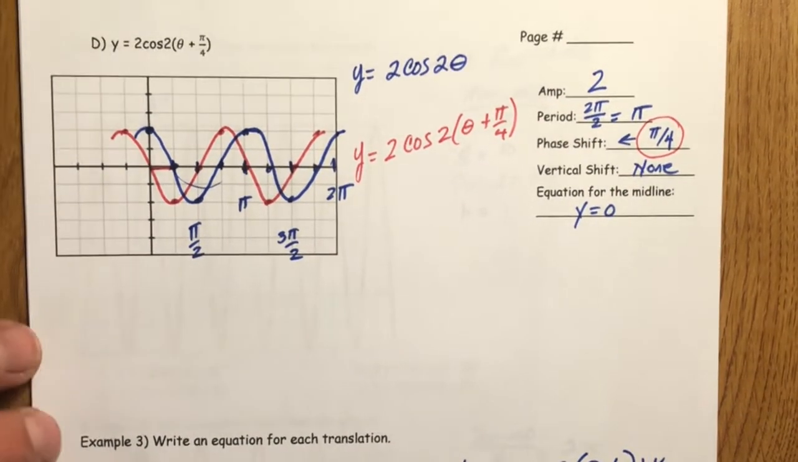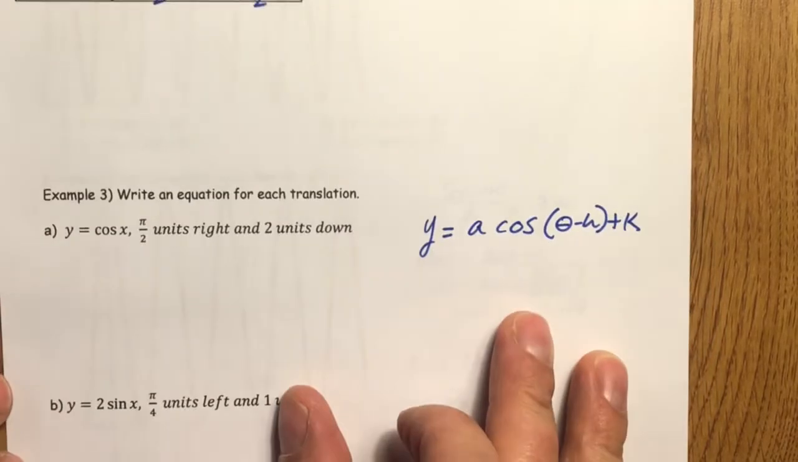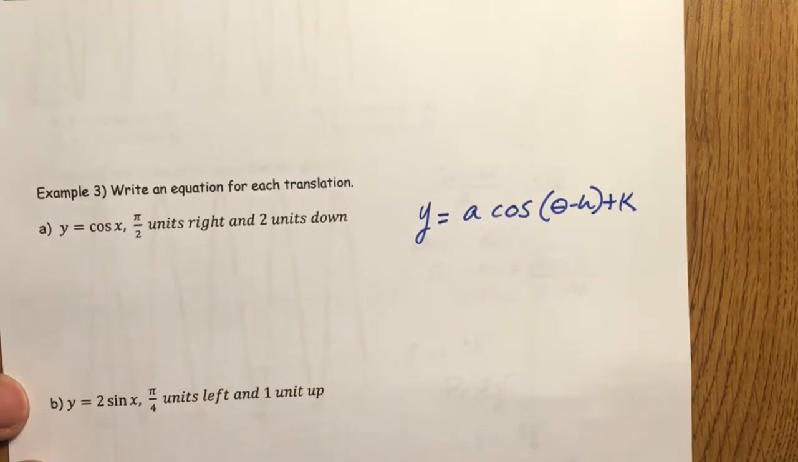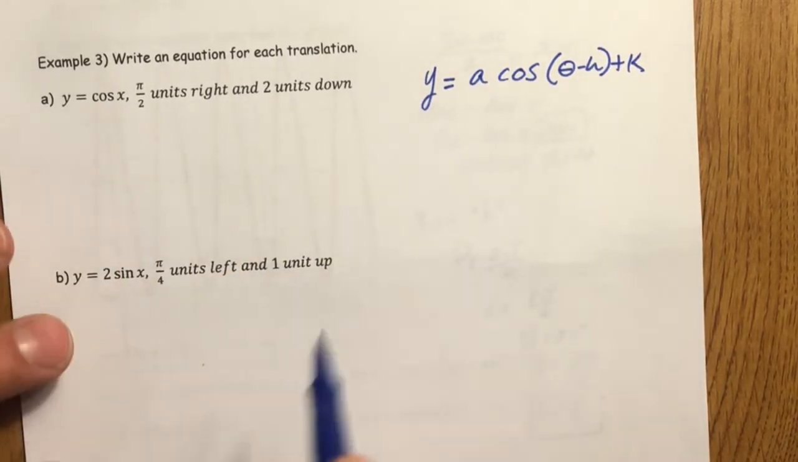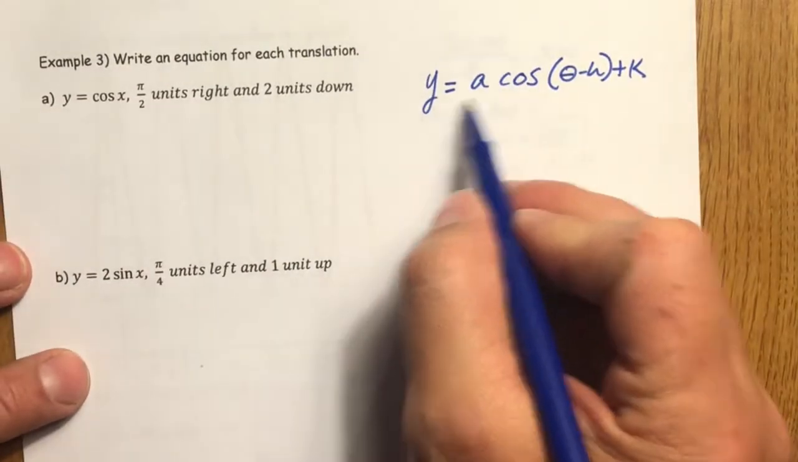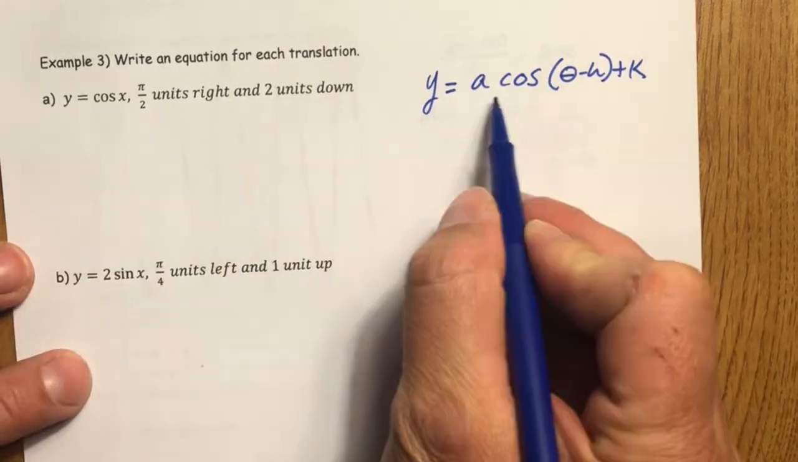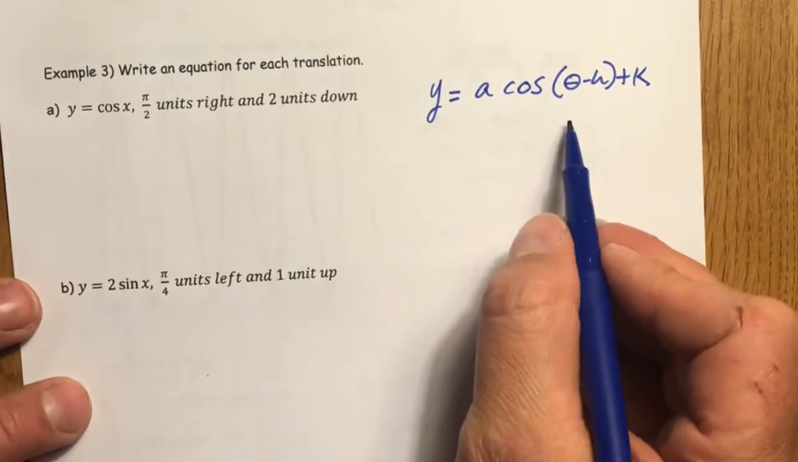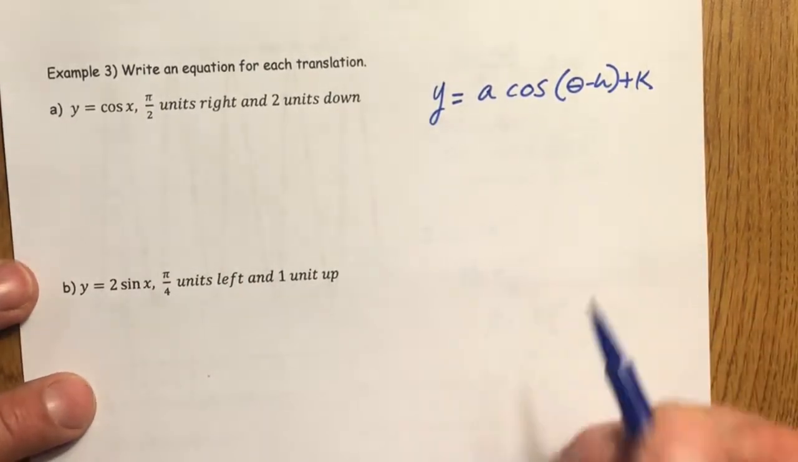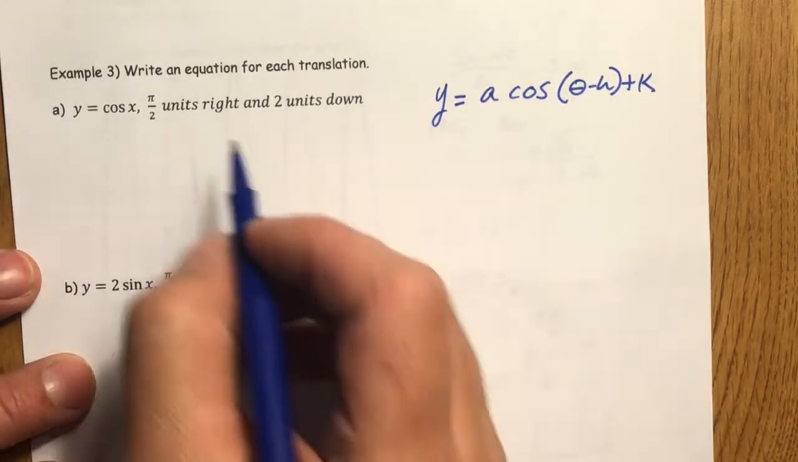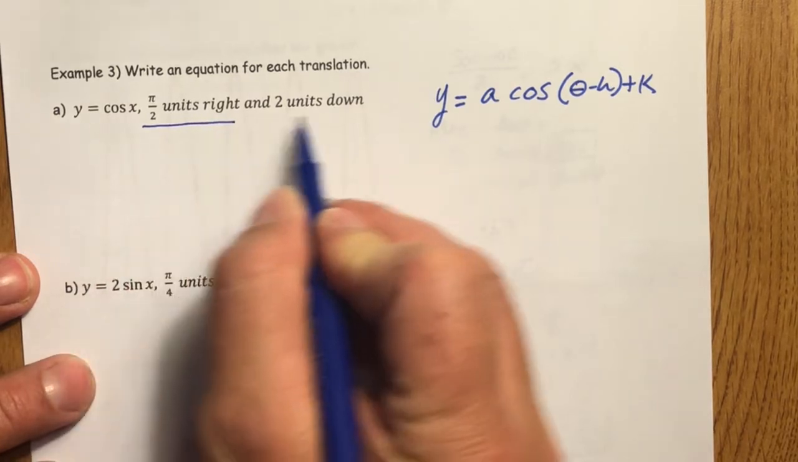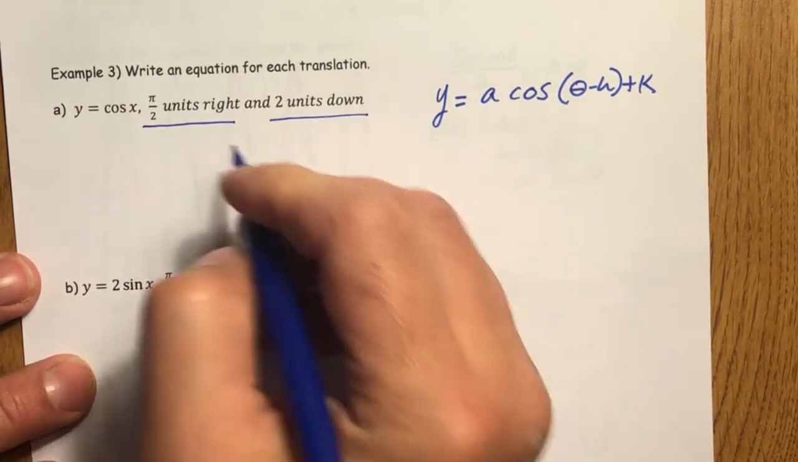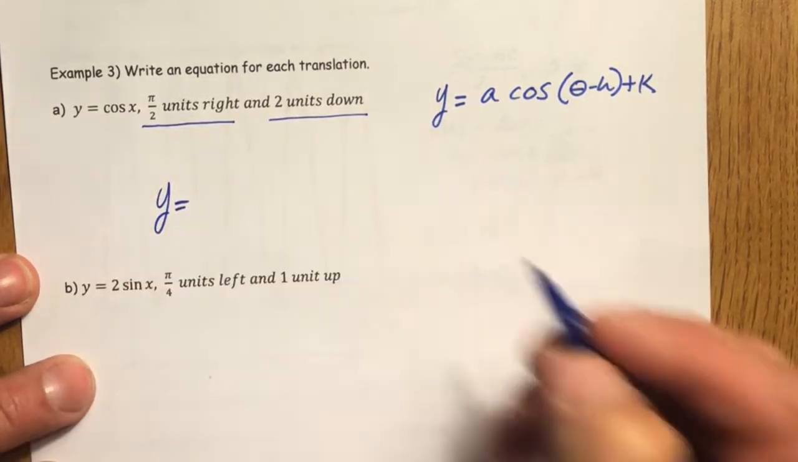Okay, guys, so that was 4 examples of graphing or translating the graphs and coming up with all that information. This is how you write an equation given the information. Remember, it's either going to be cosine or sine, but we're going to use this form, if you will. All right, so this one has us going pi over 2 units to the right and 2 units down. So we're going to go y equals